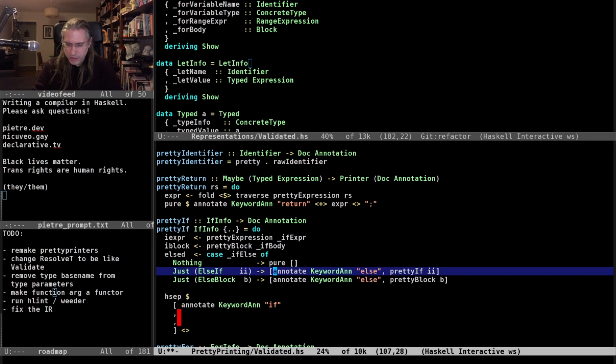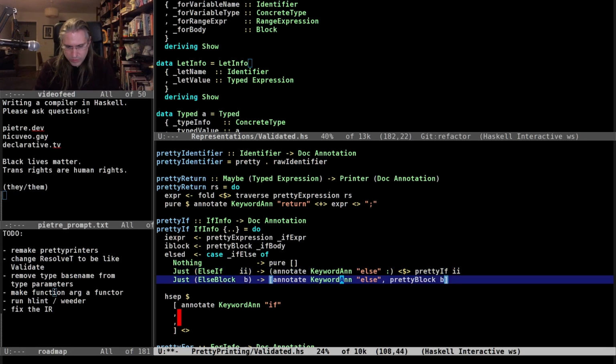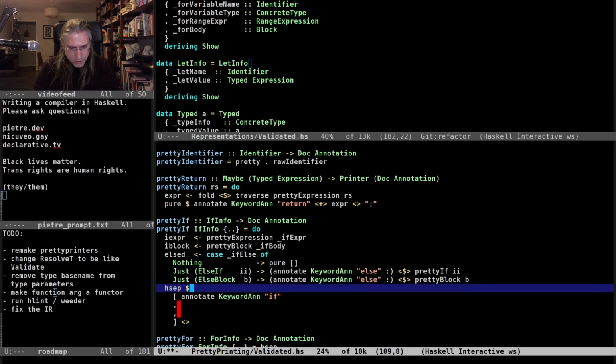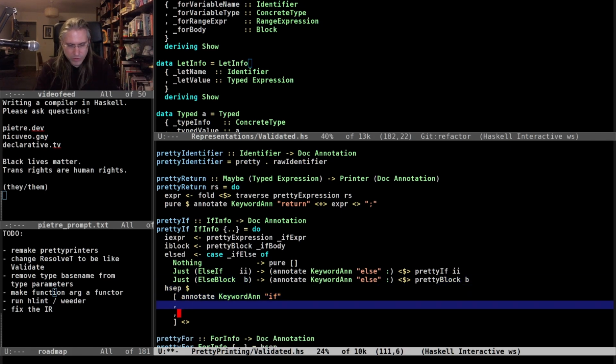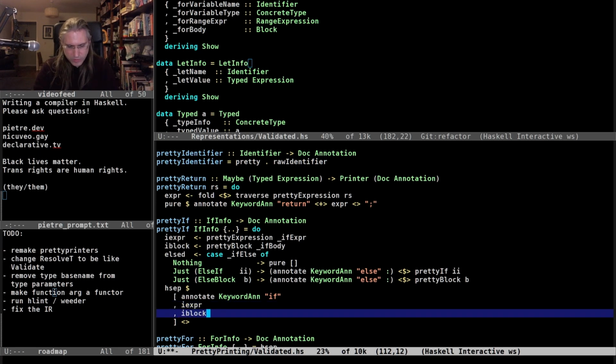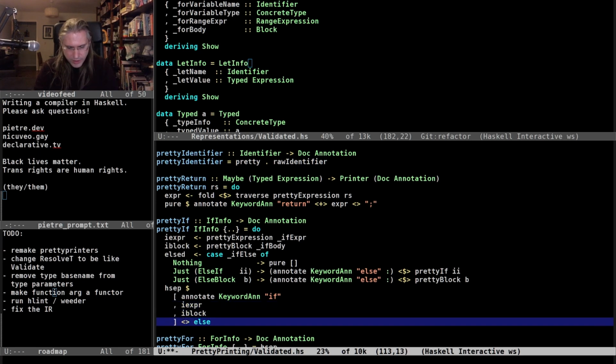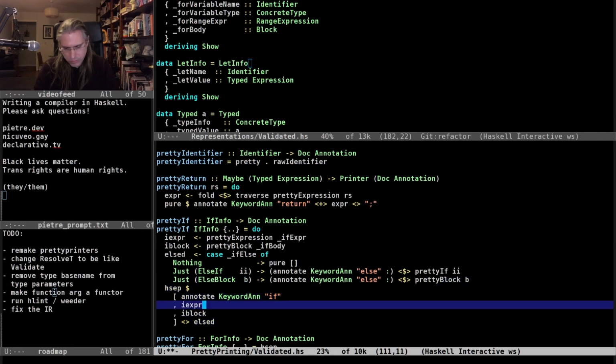The only thing here is that now this needs to be this at the beginning in an fmap of this. Likewise here, this is here, this at the beginning in an fmap of this. And here we return something which is an hsep of the keyword if, the expression, the body, and the else document.